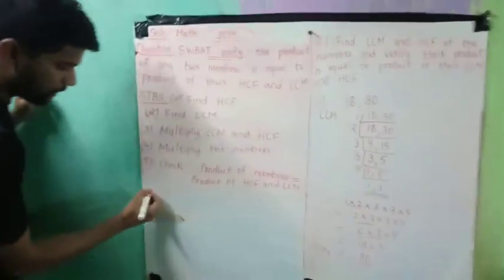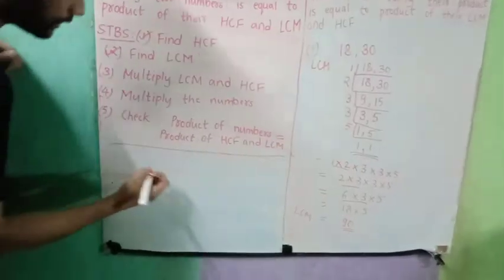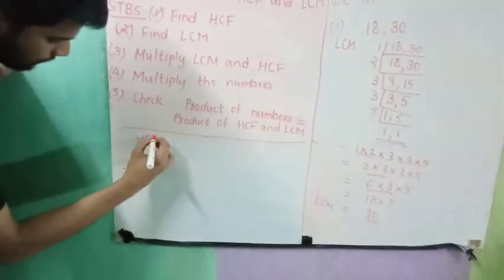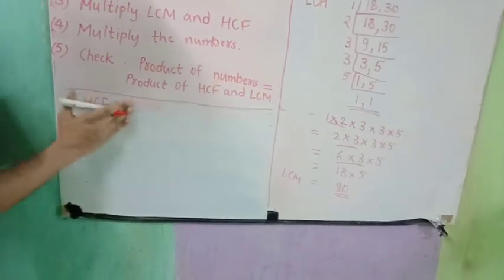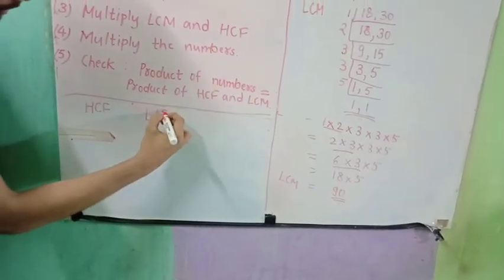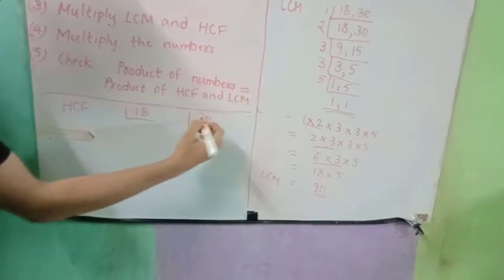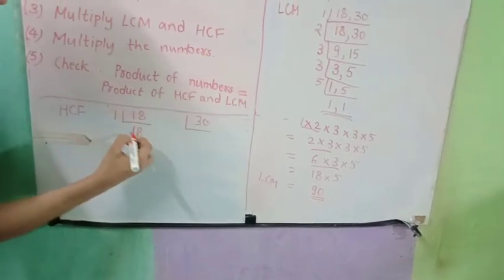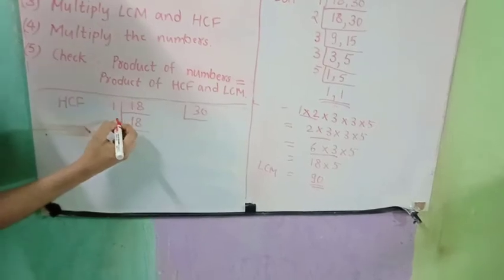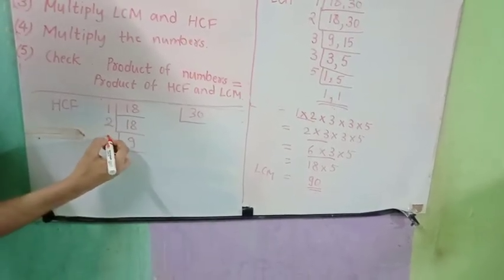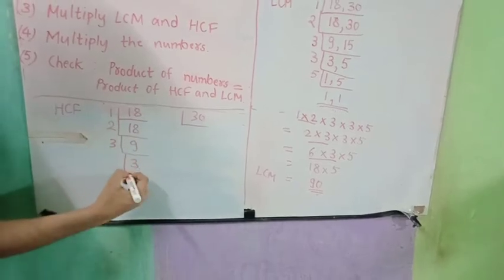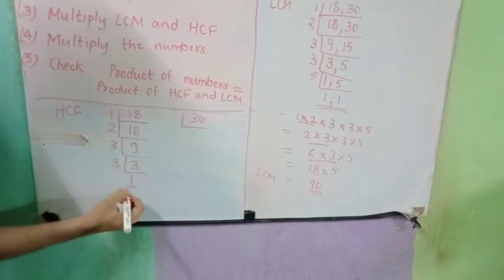Okay, all right, I will do it here since we don't have enough space there. So HCF of 18 and 30, write down both the numbers separately. 18 अलग से लिखो, 30 को अलग से लिखो. Now always start with 1, then 2 9s are 18. Check from 2 के टेबल में 9 नहीं आएगा, 3 के टेबल में आएगा and 3 1s are.